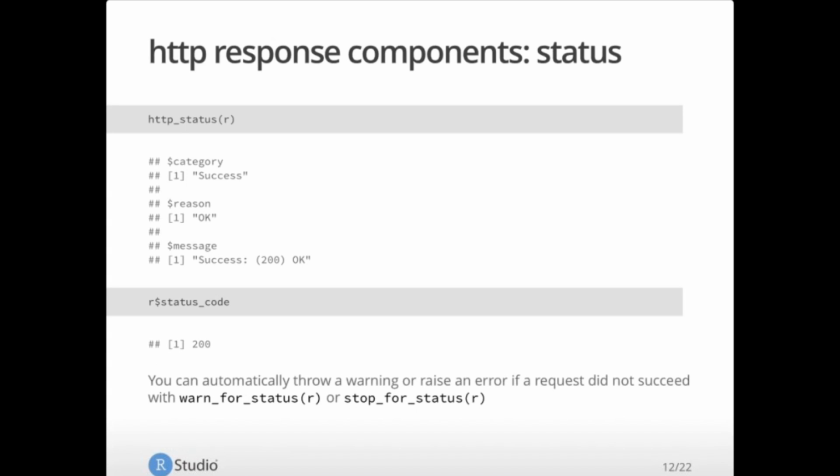So there are three main parts that you'll probably be most interested in in your HTTP response. The first is status. You can get the full status information with the HTTP status function. It'll tell you everything that it possibly can about the status. In most cases, you're only interested in the code. So the status code object will come back with just the number